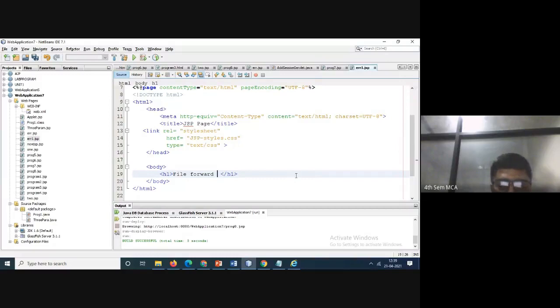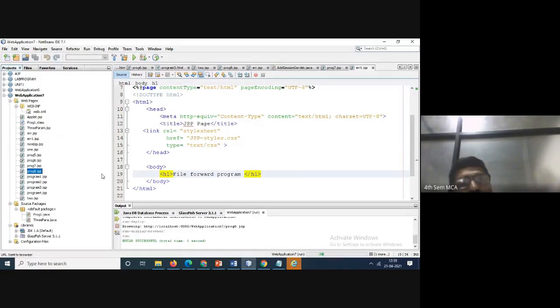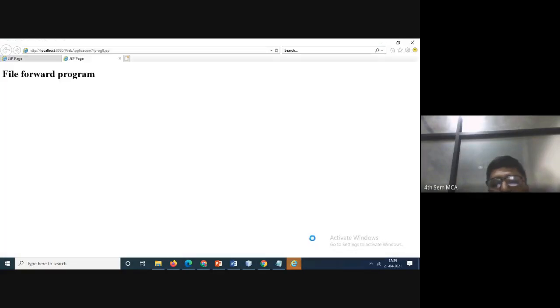File forward program. See, it is forwarded directly to the file forward program.